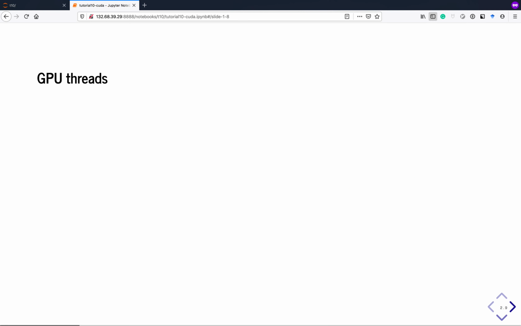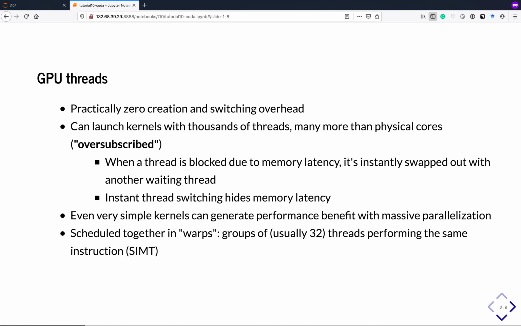Okay, so let's talk about the GPU threads just briefly. As you remember from the lecture, where Avi went into this much more deeply, you have practically zero overhead, as opposed to regular threads which you know from systems programming on the CPU, where usually you have overhead for scheduling and context switching. So GPU threads do not have this high overhead. They're very lightweight, and that's why